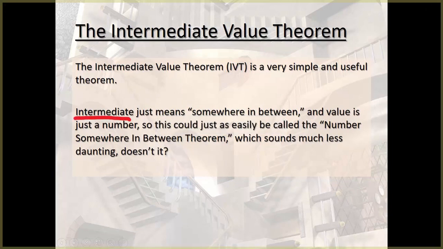Intermediate just means somewhere in between. And value is just a number. So this could really be easily called the number somewhere in between theorem. And that sounds a lot less daunting. But I didn't name it. If I did, I would have probably named it Joaquin. Anyways,